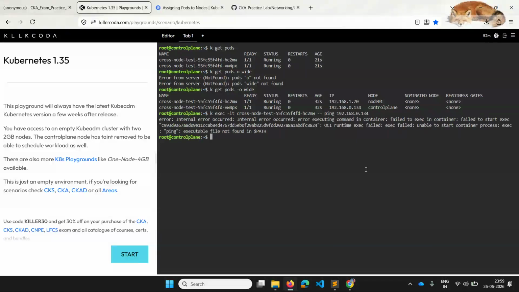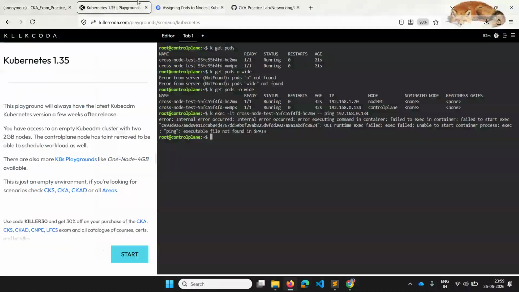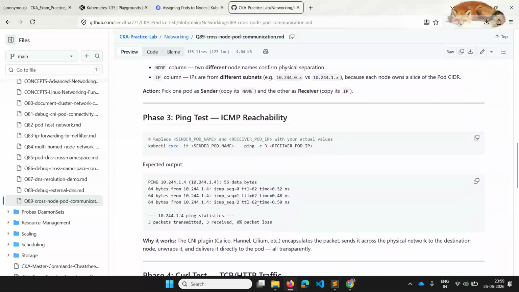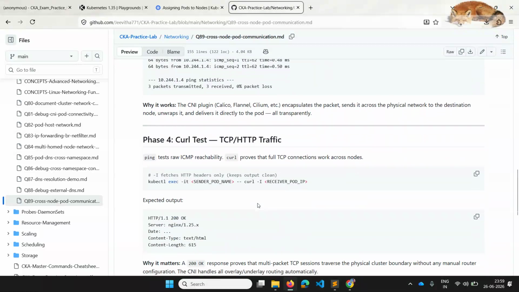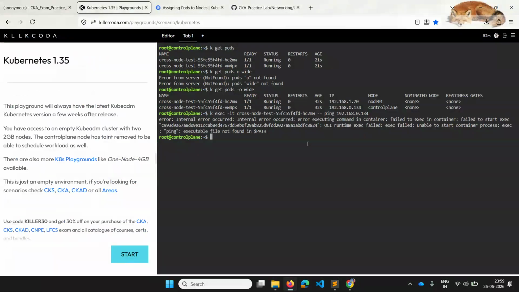Is this not the way to ping? Okay, let me check. It is the way to ping, of course. Hyphen c 3, I think it is sending 3 packets. Yeah, that's it. It has failed.